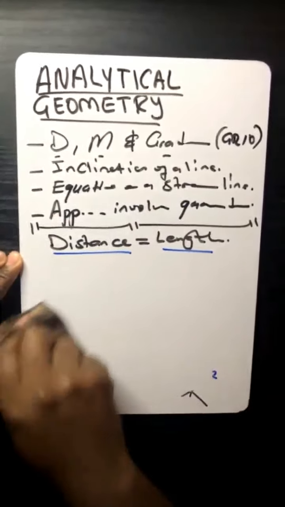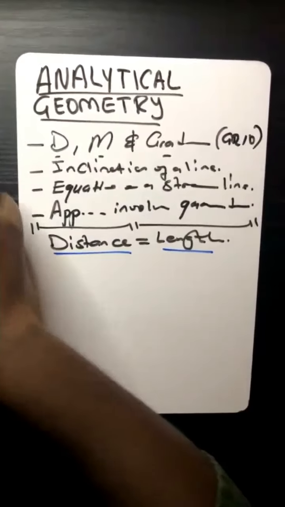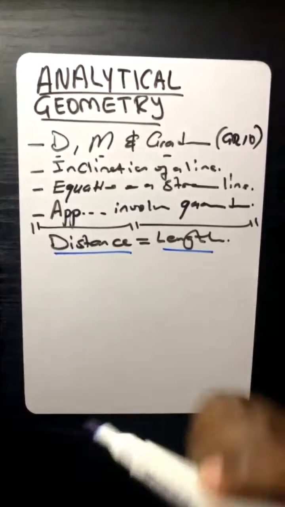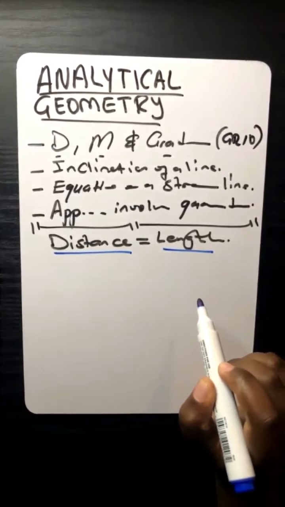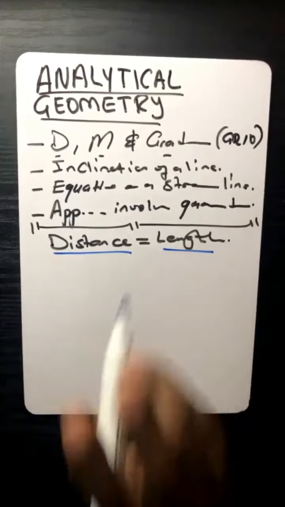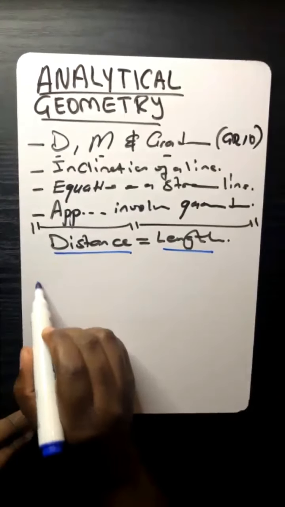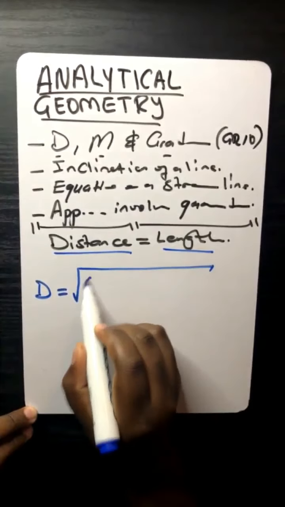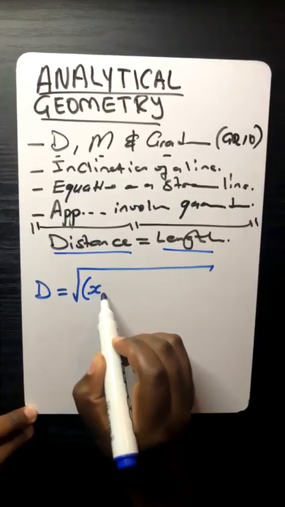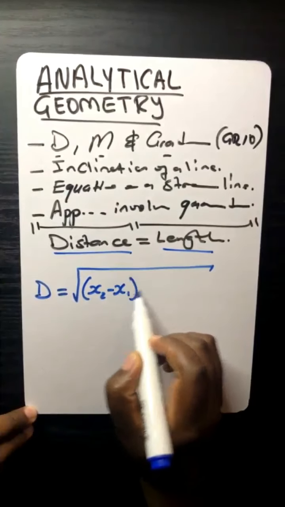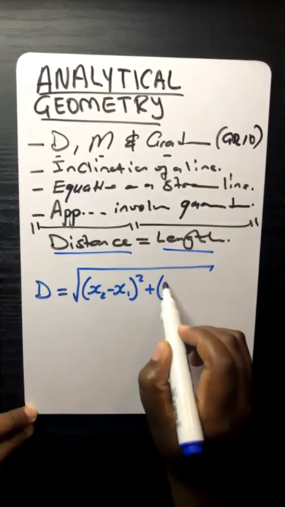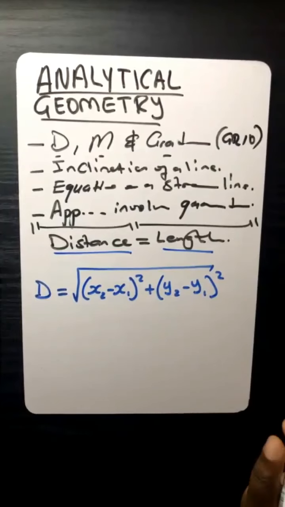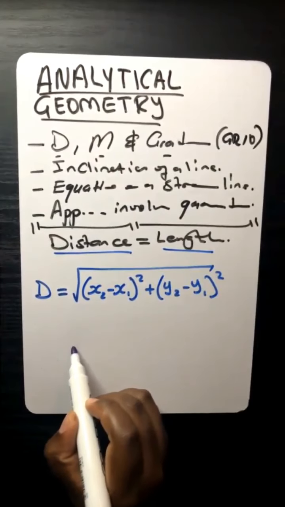So now that you are aware that we talk about 2 points, it means even the formula must allow us to substitute values from 2 points. Obviously, you know very well that the distance formula is equal to the square root of (x2 minus x1) squared plus (y2 minus y1) squared. So can you see, guys, assuming that we've got a line,